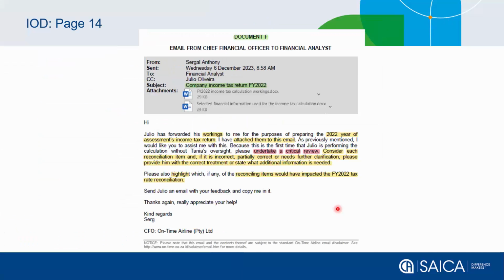When looking at the information on the day in document F, you're provided with a company income tax return in the first attachment, as well as selected financial information in the second attachment. And the task is requiring you to undertake a critical review, and that critical review is then defined as you need to consider each reconciling item, whether it's incorrect, partially correct, or needs further clarification. And where any of those are identified, you need to provide the correct tax treatment or state where the additional information is needed. And the second component to this task then would be to identify, if any, tax rate reconciliation